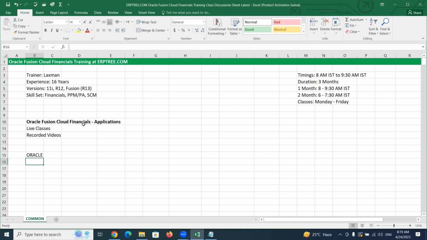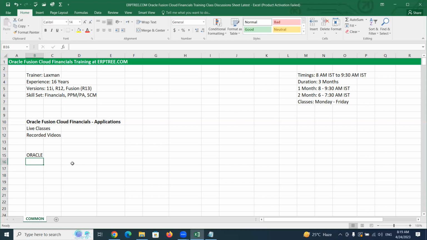The applications belong to financials. Financials means, in any company, we deal with money related activities. Those relevant applications or departments we call finance related applications or finance departments. In organizations and companies, there are certain departments who deal with the money.